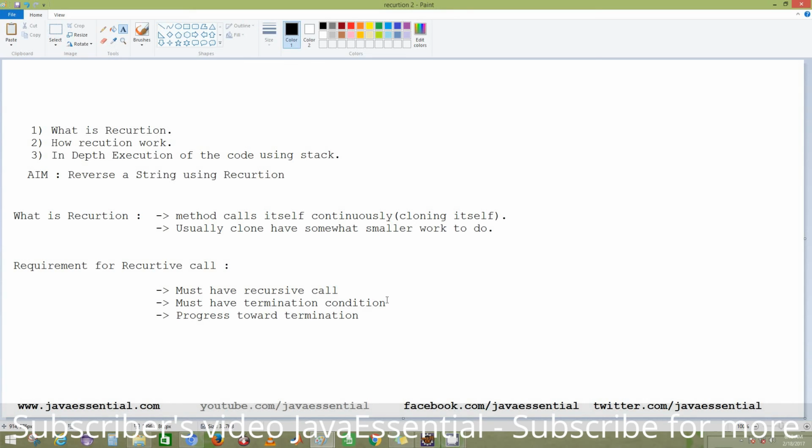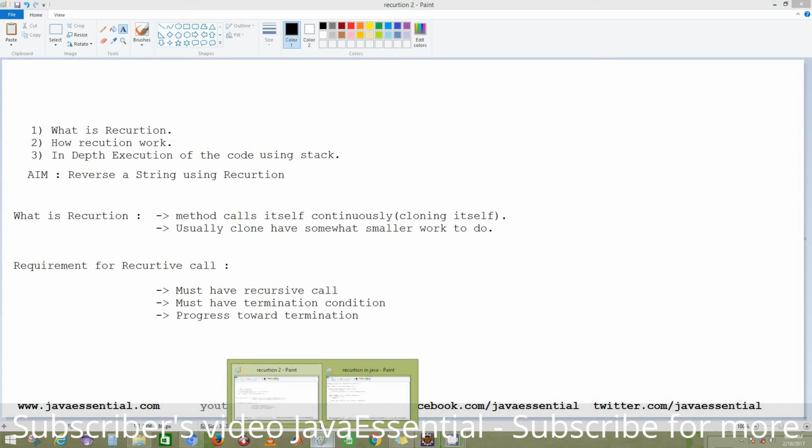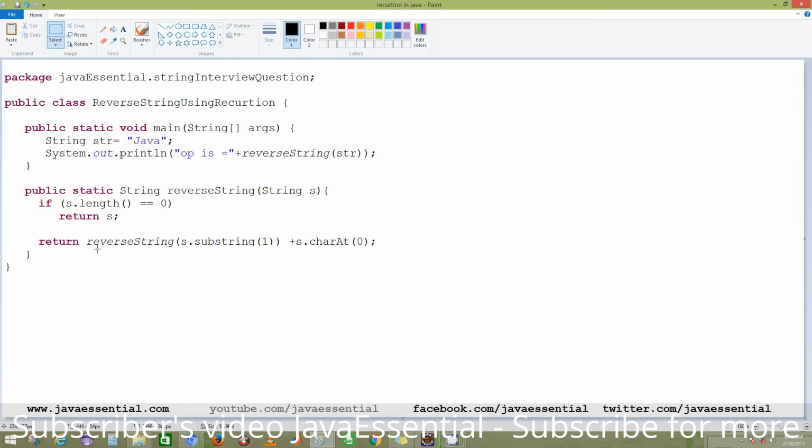So you must have a termination condition, and there should be progress toward the goal. Here is the recursive call for us, and this is the termination condition. When we reach the last of the string, we'll terminate our code. So let's start the execution of the code.